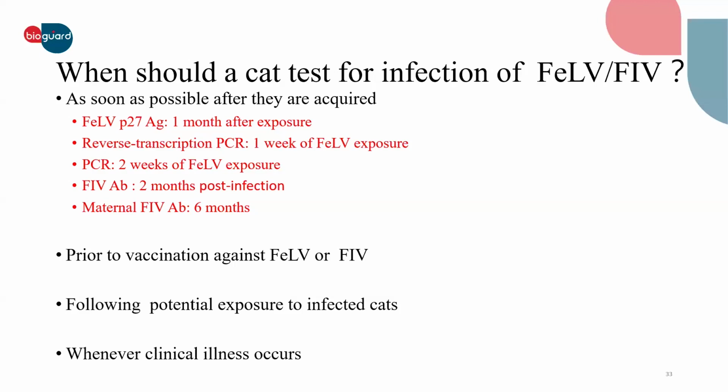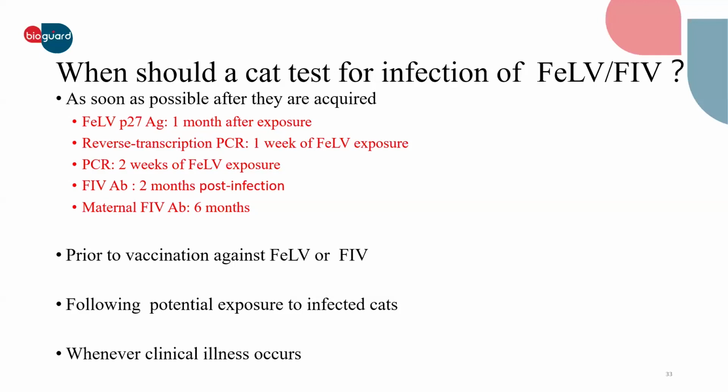For PCR to detect the provirus DNA, the provirus DNA can usually be detected 2 weeks after FeLV infection. And for the FIV antibody test, it requires 2 months post-infection. That means after the cat is infected with FIV, it takes 2 months for enough antibody to be produced